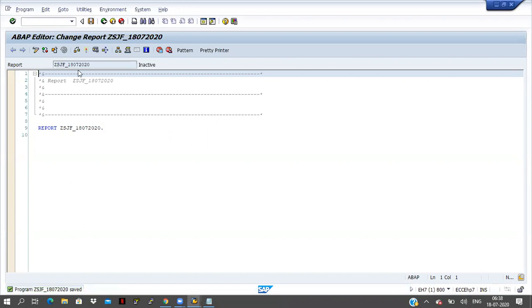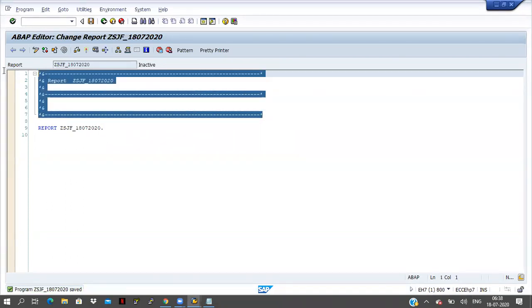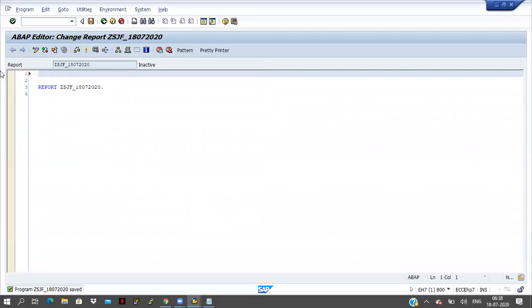Here some comments are coming: report name, all these things. If you want to remove them, you can remove them. Before that, I have to write who has created this one.